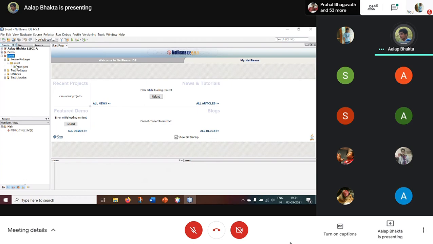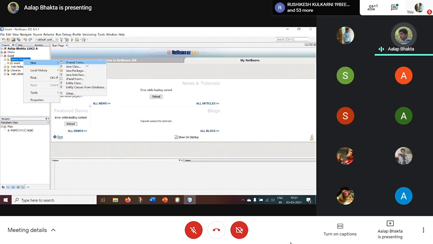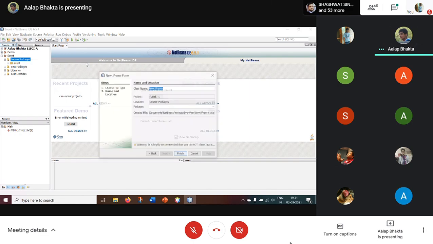Once you get it, we need to create a new frame over here. Just right click over here and choose new, then JFrame Form. Once you click there, it will ask you to name the form.